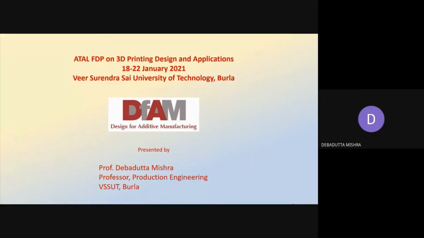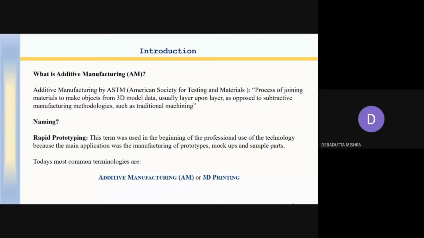So let me start with a little bit of the basics of additive manufacturing. This is defined as the process of joining materials to make objects from 3D model data, layer by layer. This is just opposed to subtractive manufacturing or any traditional machining system.